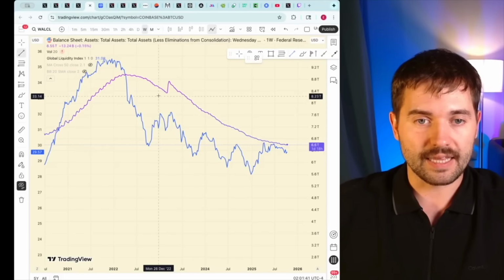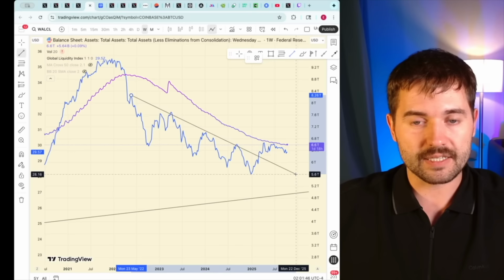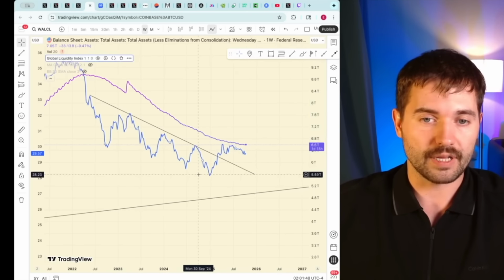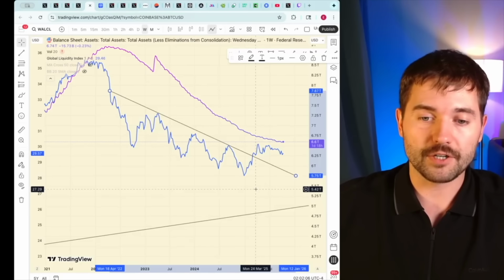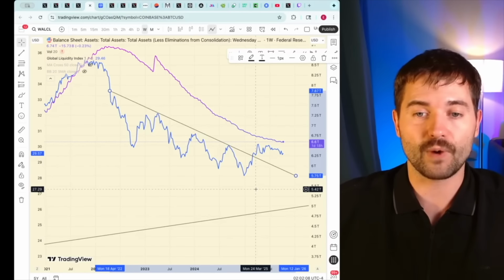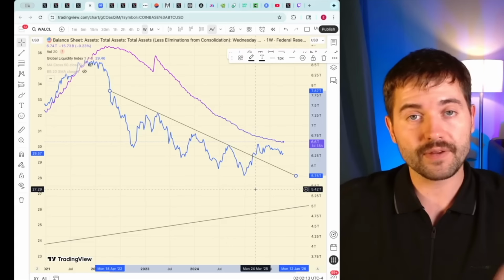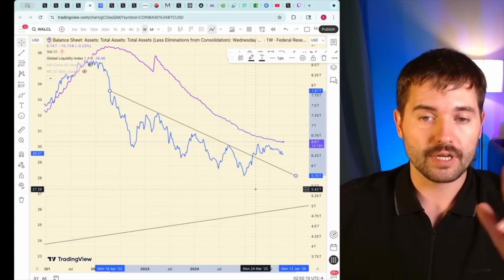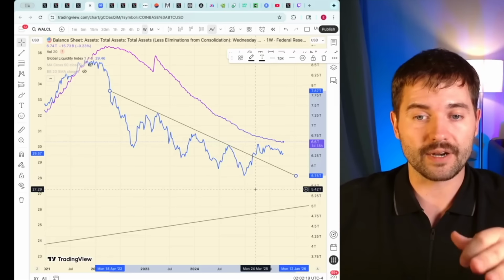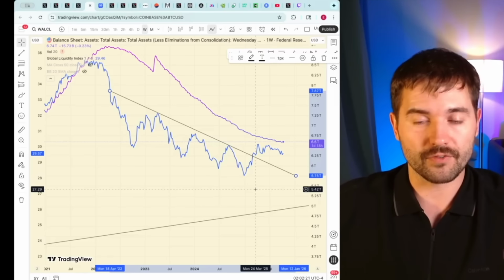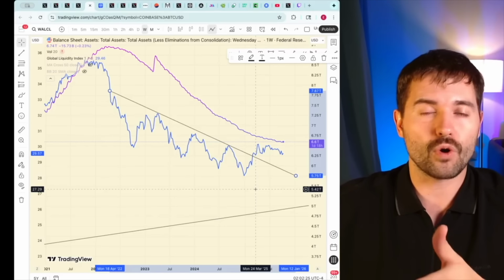We see that the global liquidity index, starting from this point, established this trend line downward as it was going down. And then roughly around this point, March 24, 2025, we had a breakout in global liquidity. It bounced off its previous resistance line, the black line that I drew, and it went higher. That was the first sign that we actually started to recover, and more money started to flow into the economy. Who caused this bump?